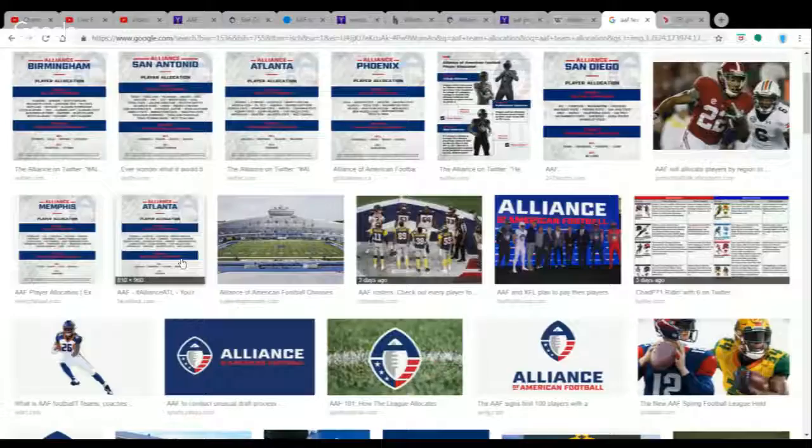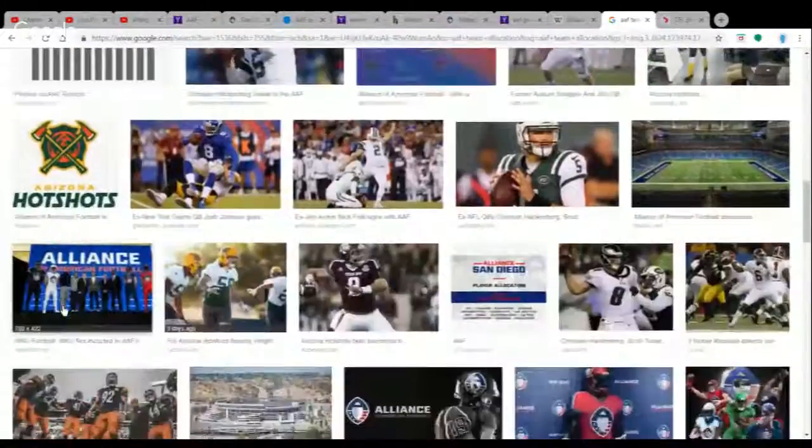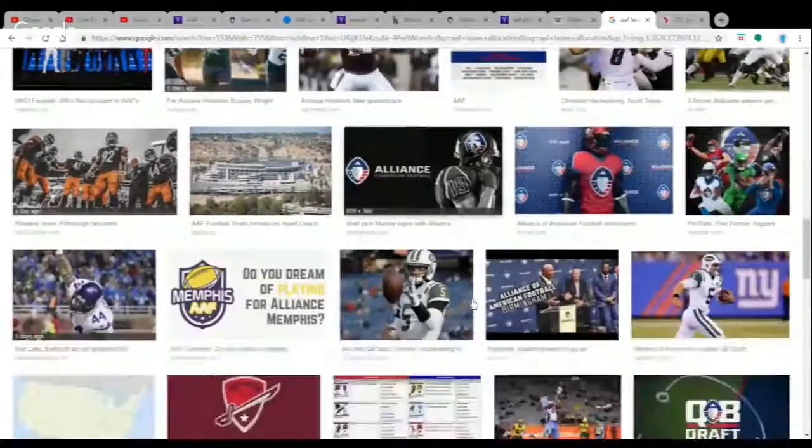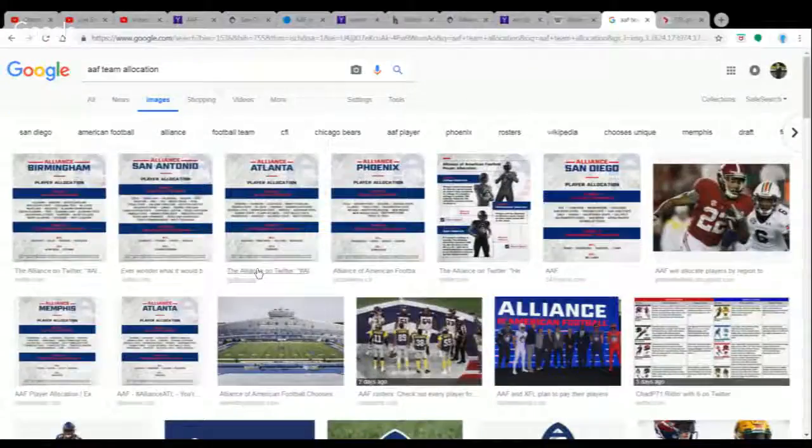So this is all 1, 2, 3, 4, 5, 6. Isn't there 8 teams? Oh, these are all from Twitter. So I wonder if I could just go to that month on Twitter.